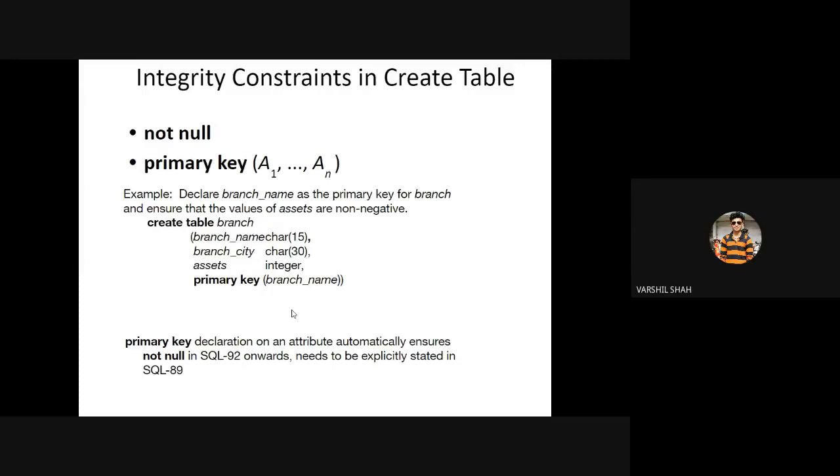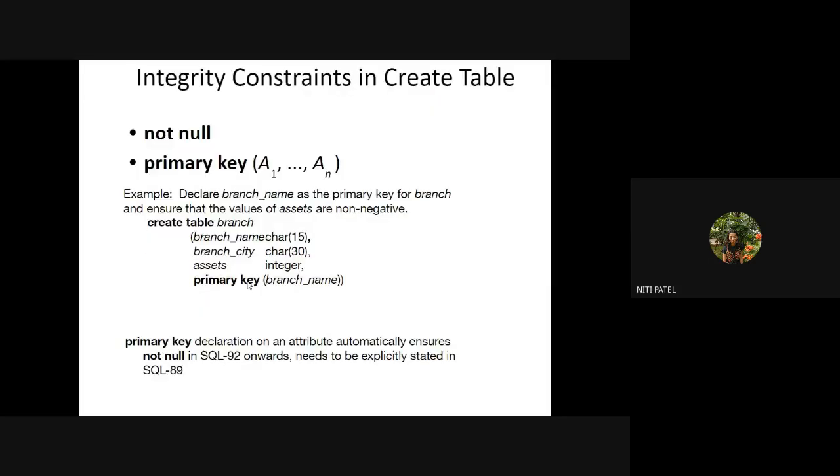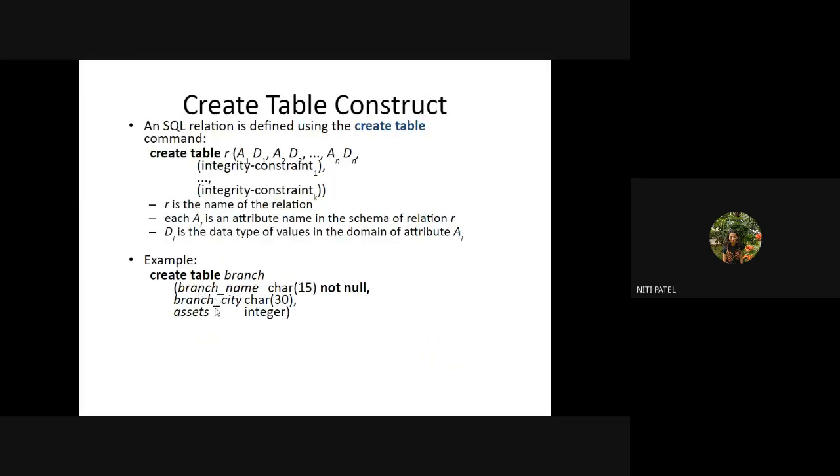Yes, ma'am. Okay. So there are two ways where you can define the integrity constraint, either as a new column over here, or, if you don't want to add it as a new column, write it in front of the column so that you do not get confused. The easiest way is to define it this way. Write it in front of the column itself so that there is no confusion later while adding any of the columns or any of the integrity constraints. Is this clear? Yes, ma'am.